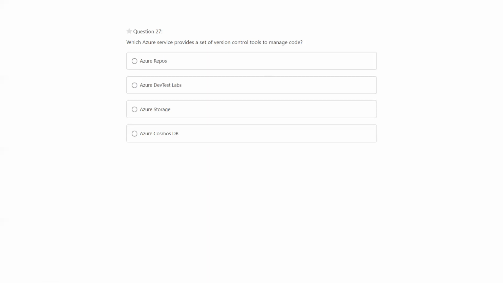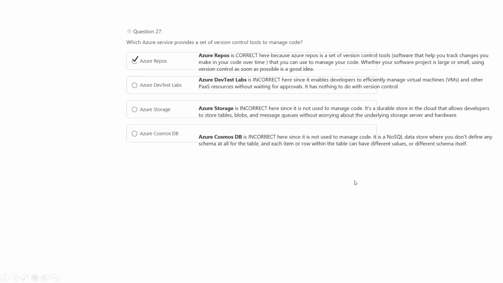Test Labs, as we discussed earlier, enables developers to efficiently manage virtual machines or other app services. Storage is totally a different concept here, not related to source control, and Cosmos DB is related to the NoSQL data store, where you don't define any schema.